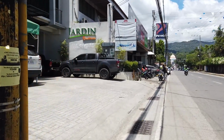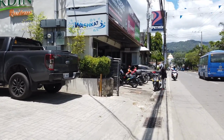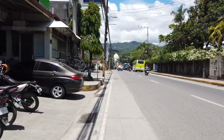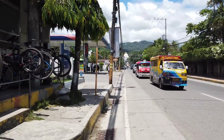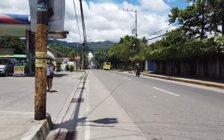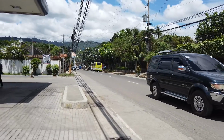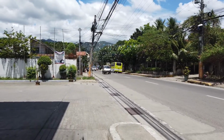Jardine Residences, that's another pension house, hotel. There's a petrol station, private houses across. Also, Guadalupe before all the sickness is also very traffic, because you can see the road is very narrow for a big